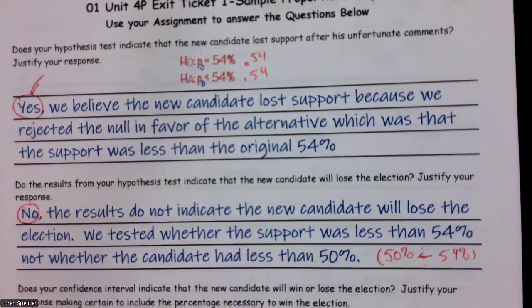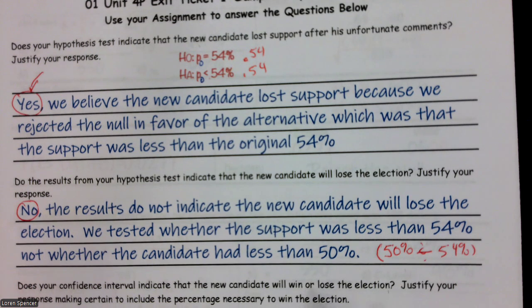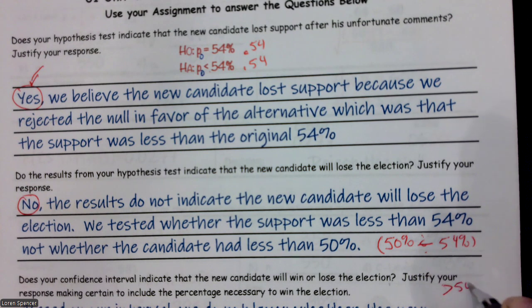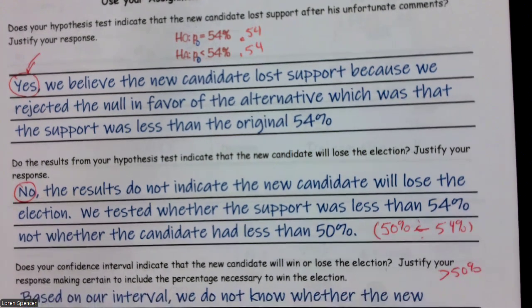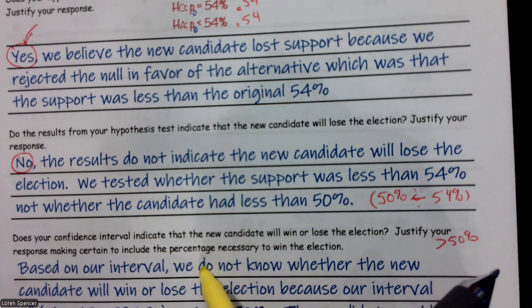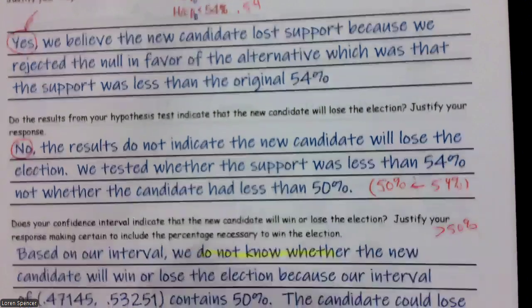The next thing: does your confidence interval indicate that the new candidate will win or lose the election? Justify your response, making certain to include the percentage necessary to win the election. Well, to win the election, they have to have greater than 50%. So, based on the interval, we do not know. This is super important. We do not know whether the new candidate will win or lose the election because our interval of